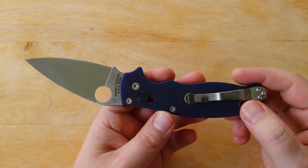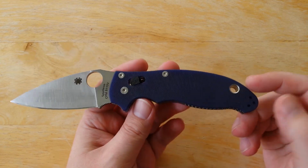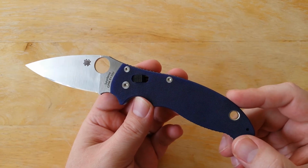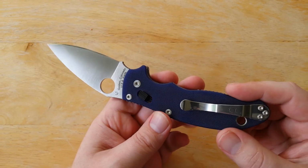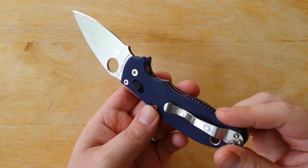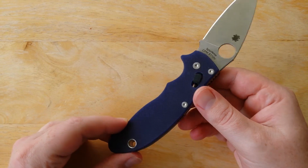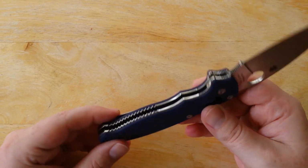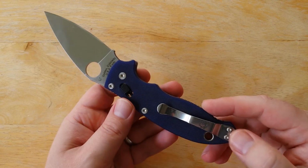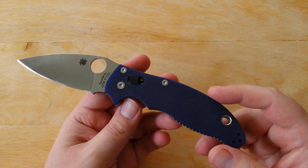You know, I really hope Spyderco releases some different color variants for these handle scales. I really wanted to like these knives, but I don't know, just in most light to me, these handle scales look more purple than blue, and you know, I don't know. It's just I just don't care for the color that much. Like I said, I really wanted to like them, but I would much rather like some more earth tones or something,